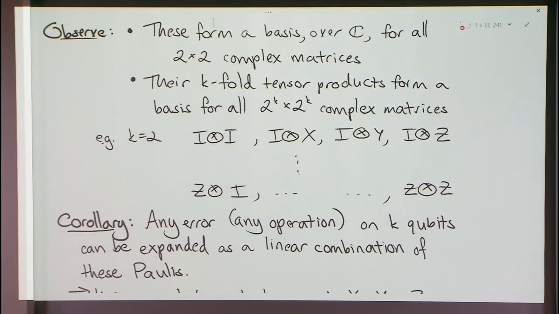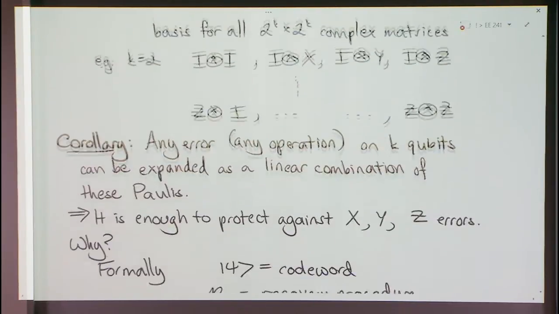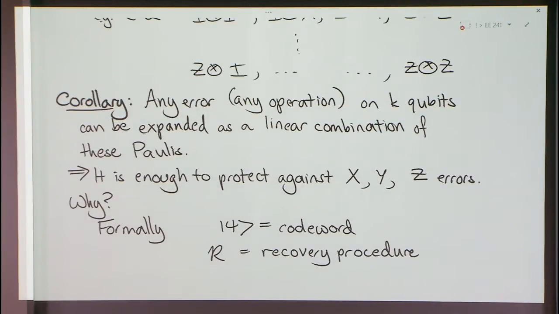What this means is that you take any error, any continuous error, any discrete error, it doesn't matter, and you can expand it out in terms of these simple discrete operations, these basic Pauli operators, these basic Pauli errors. And this is really why we're done if we can protect against just these few simple errors. So let me show why.